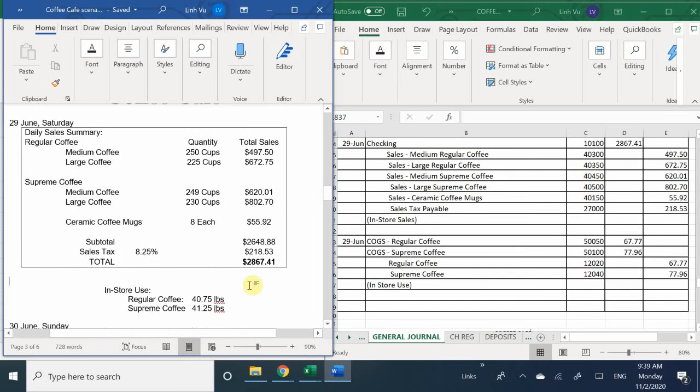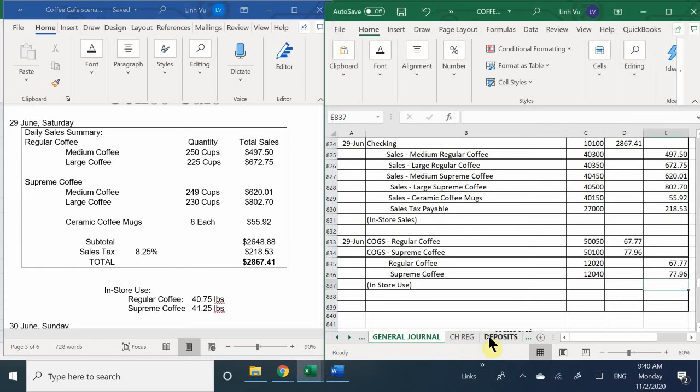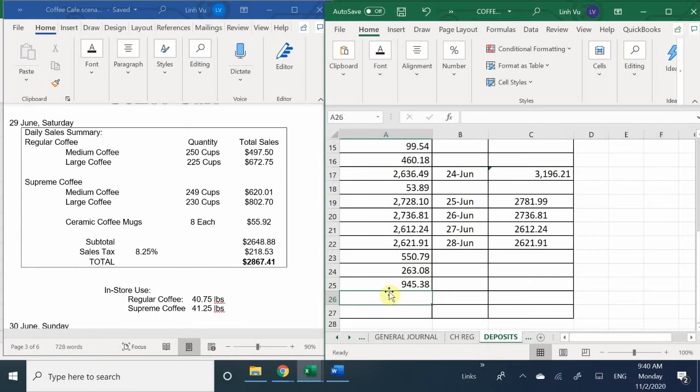What did we forget to do? Oh, what did we forget? We forgot to deposit. It doesn't say. That's okay. Yeah, testing you guys. Okay, so how much did I receive? $2,867.41. And because it's the end of the day, now we can go ahead and